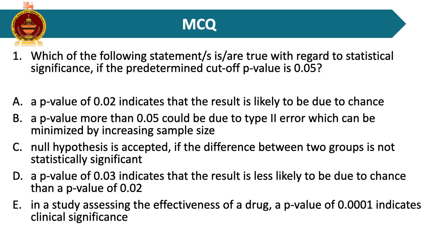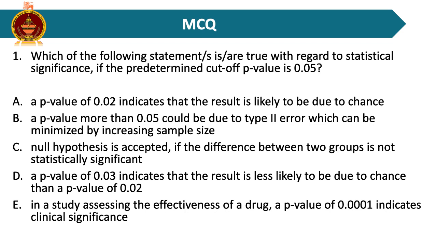Stem C. The null hypothesis is accepted if the difference between two groups is not statistically significant. As I explained with the scenarios, we can conclude that the null hypothesis is accepted when there's no significant difference between the two groups. In a way it's true, but we don't state it as the null hypothesis is accepted. We have to state this as no evidence to reject the null hypothesis. I explained this with one of the scenarios. Please go and refer for further details. Because of that, this statement is false.